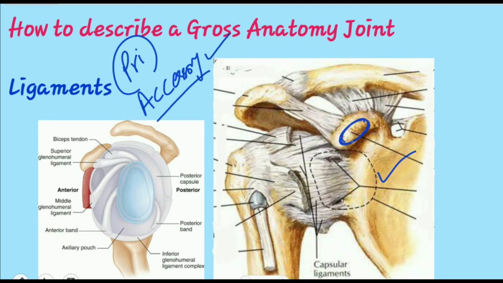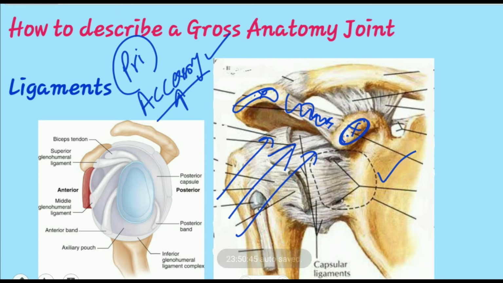Look here, this is the coracoid process and this is the acromion process. Between the coracoid process and the acromion process, we have a ligament. This is the coracoacromial ligament, which is not related to the capsule, but in case the shoulder joint gets unstable and dislocated towards the superior aspect, this coracoacromial ligament will protect against this dislocation. So this is involved in the stability of the joint, and the coracoacromial ligament is an accessory ligament of the shoulder